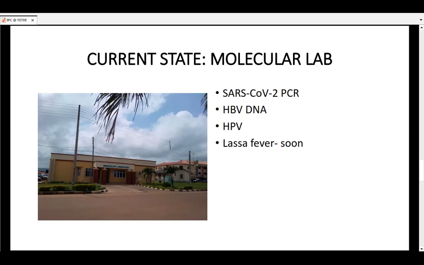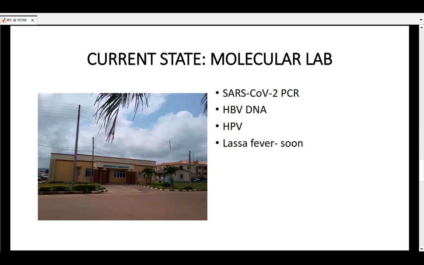Currently, we have 4 suspected cases. The samples were taken yesterday, and we spoke with our state epidemiologist yesterday so that we can get this done. But we know that early diagnosis, aside from isolating patients, has a lot to do with managing, preventing infection, and controlling infection. So currently, our molecular lab can do PCR for SARS-CoV-2, can test for HPV DNA, and the facility for HPV screening and diagnosis is also available and is being installed.